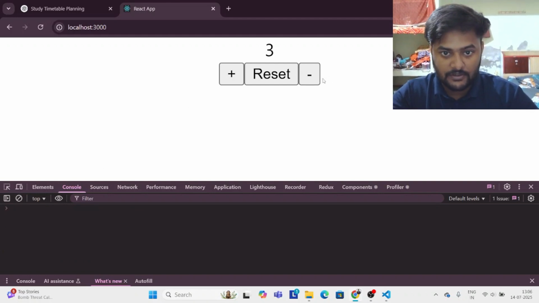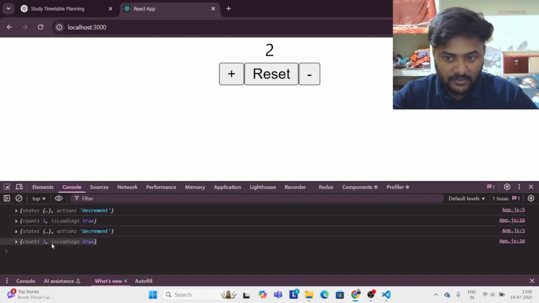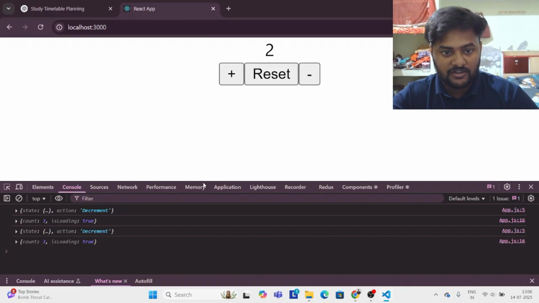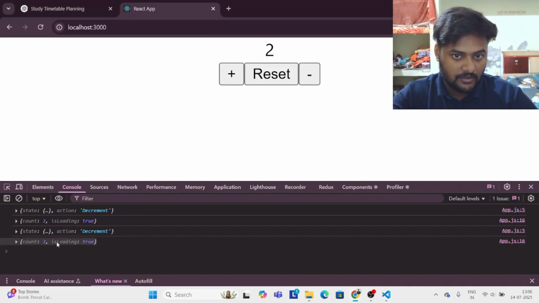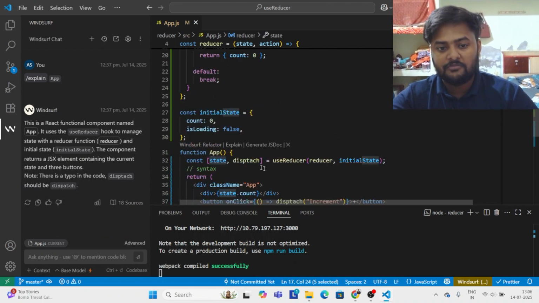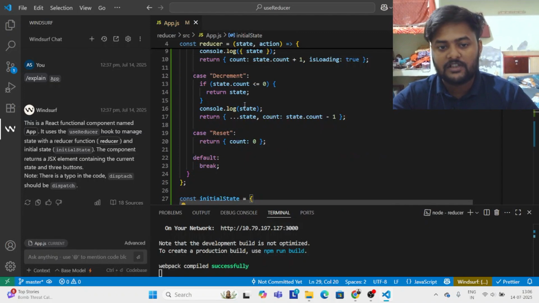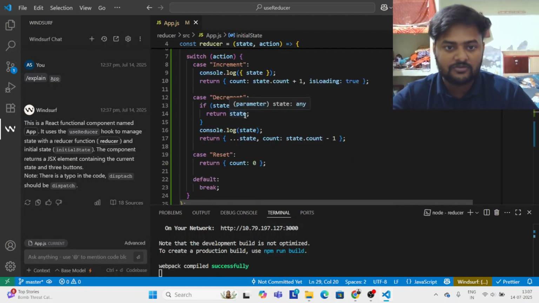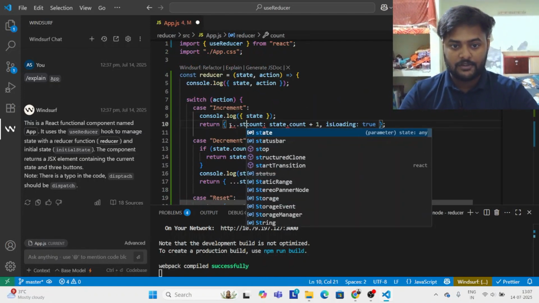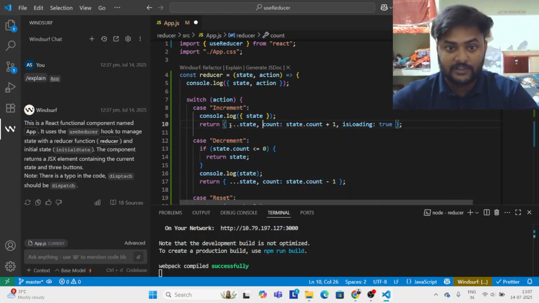हम देखेंगे गाइस, ये देखो मेरे पास क्या मिल गया, इज लोडिंग भी आ रहा है, लाइन नंबर 16 पे इज लोडिंग भी है और काउंट भी है। तो बेसिकली स्प्रेड ऑपरेटर में बताना होता है कि भाई अपना जो भी पुराने स्टेट जितने भी हैं वो भी चाहिए मेरे को, ताकि मैं कभी यूज़ कर पाऊँ, कभी यूज़ ना कर पाऊँ। इसीलिए हमें हमेशा डॉट डॉट डॉट स्टेट यूज़ करना चाहिए।